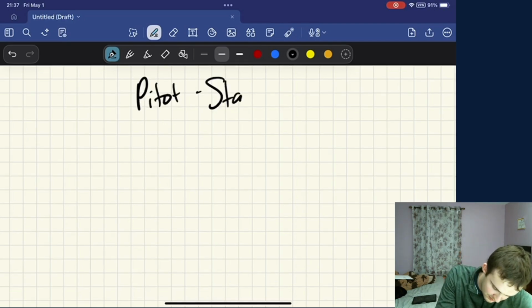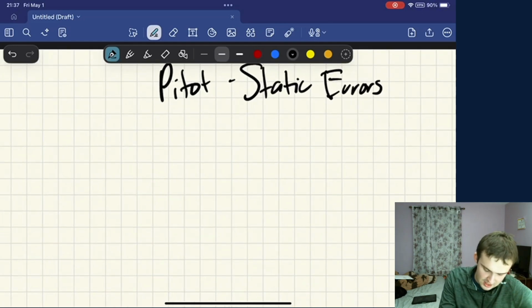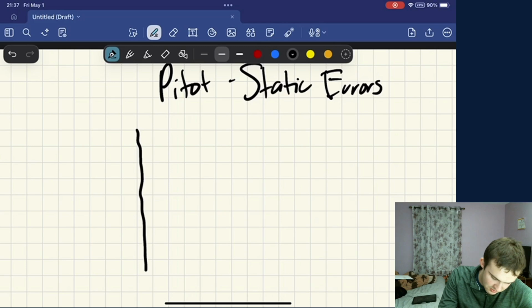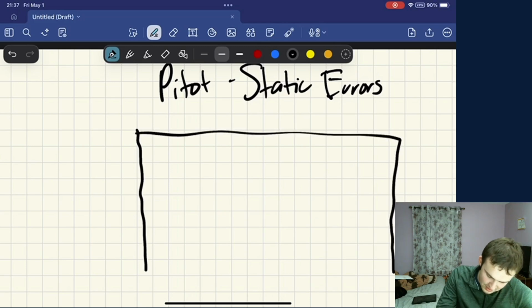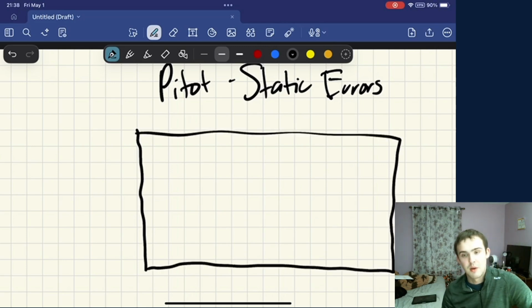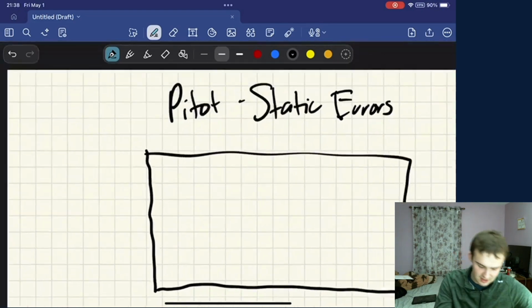Pitot static errors. And I like to teach it kind of just with a table. I'm not a huge fan of using tables, but I think to list them all out, to put it in a table and then understand why that's happening. And we're going to kind of dive into that. So I'm going to go